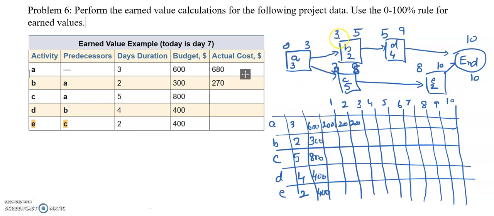Activity B is from 3 to 5, for 2 days, so the 300 will be 150 per day. C is from 3 to 8, that means 5 days, so 800 divided by 5 is